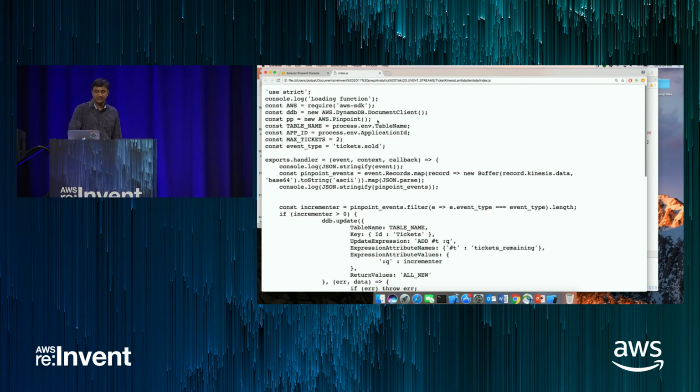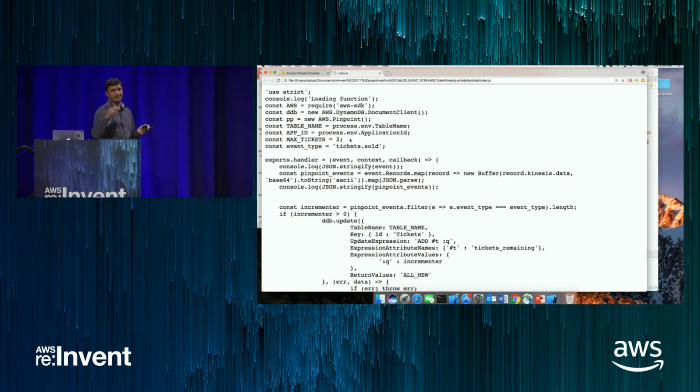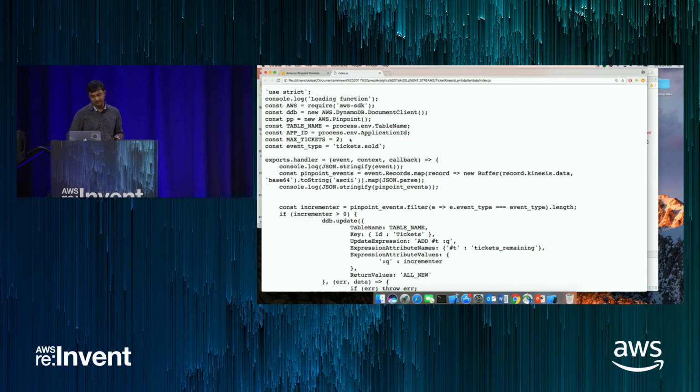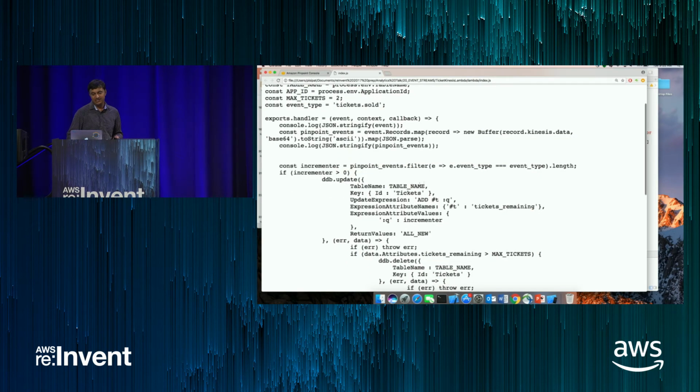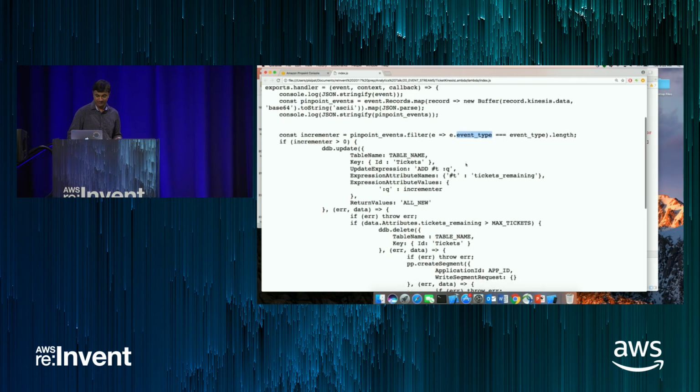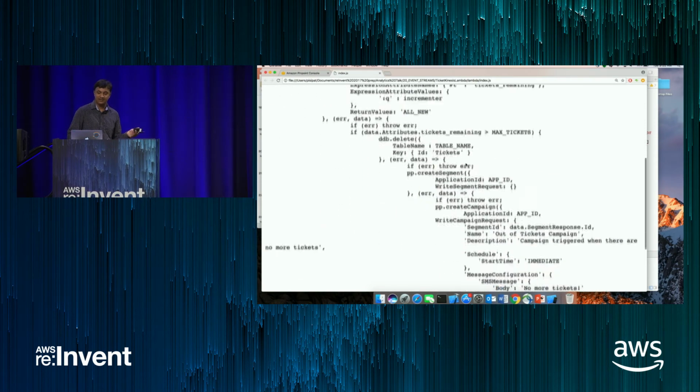So as you can see, I've set up a Dynamo instance where I want to store the number of tickets that I have remaining. I have the Pinpoint client. And then I identify that key event that I'm interested in, which is tickets sold in this case. Now here you see the handler that's intercepting all of the events coming in from Kinesis. You then check for that event type, which is tickets sold in this case. And if it's above a certain threshold,